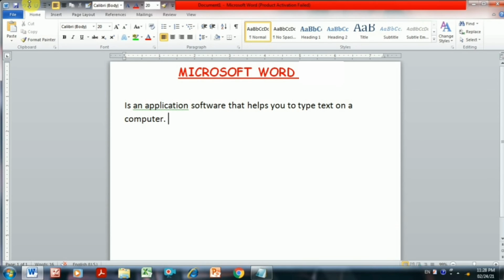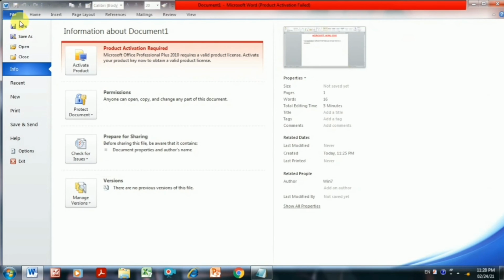Even you can insert any line in between the text. Wherever you want to insert anything, just keep your cursor over there and you can press enter and you can type anything what you want in between the two lines. So by this way you can insert a new line, you can delete a line in Microsoft Word. So if you want to save the file, go to File. There are two options, Save and Save As. For the first time, if you want to save, use Save option, and when you want to save the already saved file with a different name, use Save As.